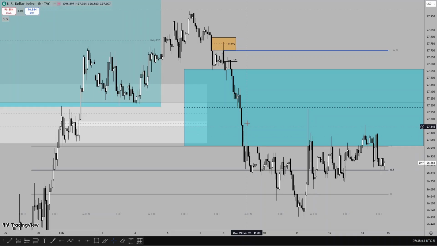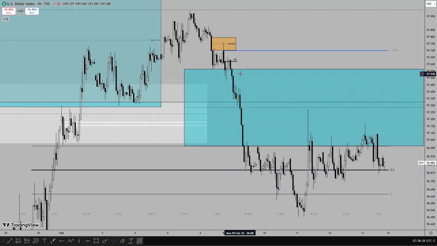Personally, I didn't expect price to trade lower on Monday like this. I thought that, with the London session approaching, price taking out a swing low, there might be a retracement. So I had an entry at the order block, anticipating a retracement before actually trading lower. But clearly you can see price traded lower without the retracement.